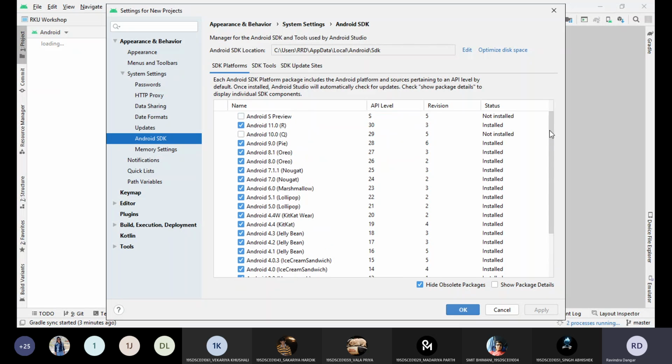But again, I am saying it is not compulsory that you install all the Android versions. It is not necessary, and it is up to you. If your system is at below configurations, you can simply download and install any one or two versions. Mostly you can go with Android 4.1 Jelly Bean, and once you start developing applications in Android 4.1, your application can run on most of the devices.